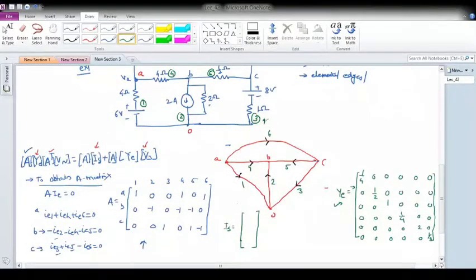So for the first element or branch, there is no current source, so this will be 0. For the second branch, yes, there is a current source with value 2 ampere, and if it is an element current, the source current is opposing. So as per our convention, it will be plus 2. For the third branch, there is no current source, so it will be 0. For the fourth, fifth and sixth branches there is also no current source. Okay, so your current source vector IS will be 0, 2, 0, and all the rest 0.